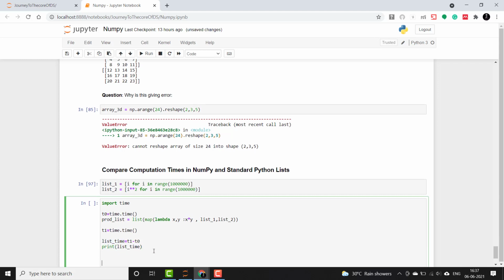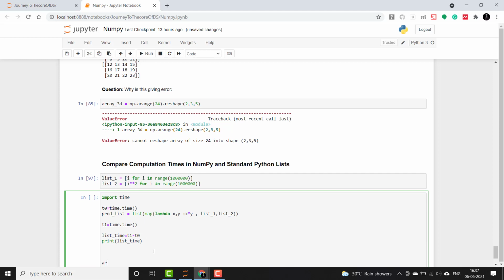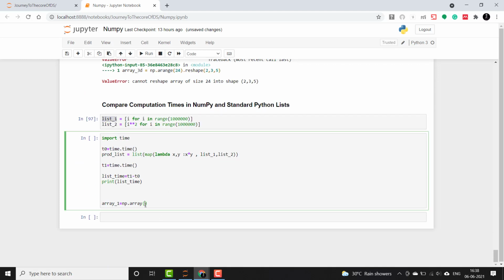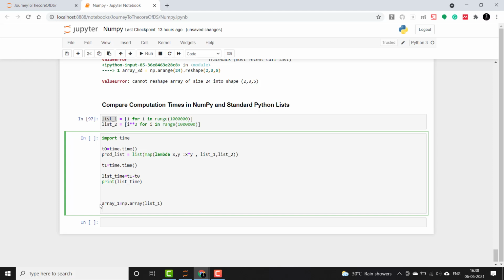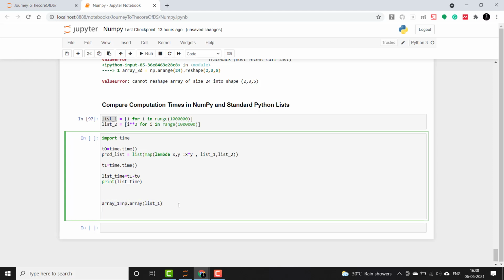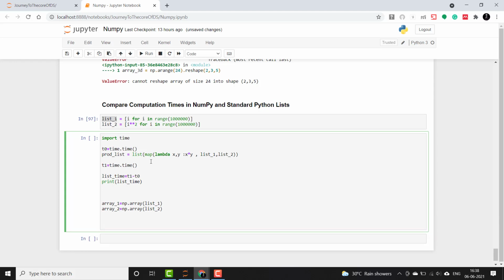For NumPy arrays we'll do the same thing. So I'll say array_1 equals np.array, and I will pass list1 here. Then I'll create array2 and pass list2 here. Then I will simply take the initial time t0.